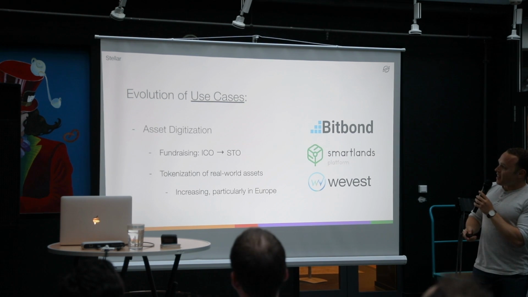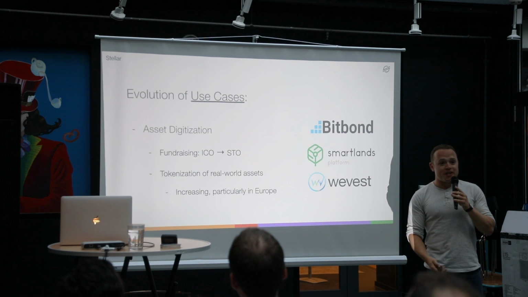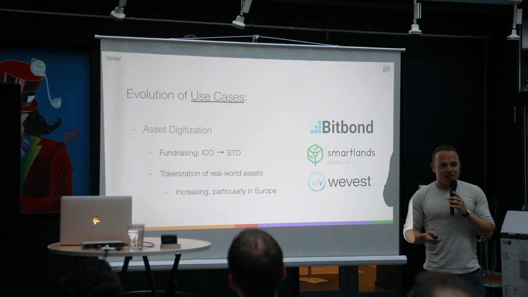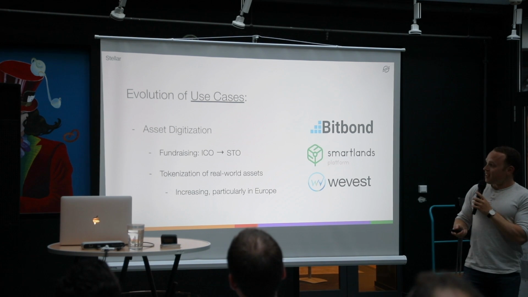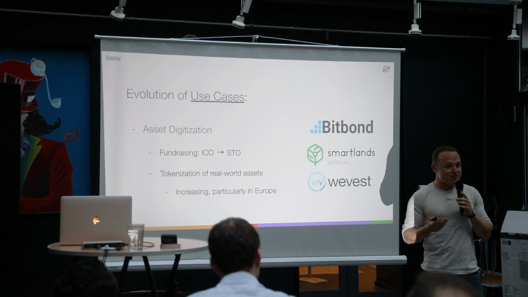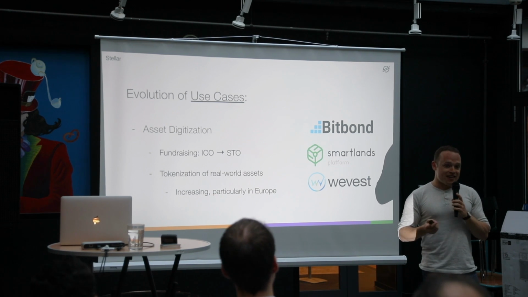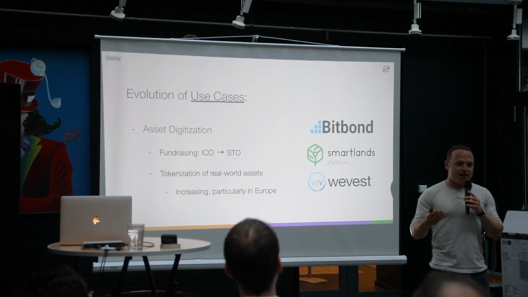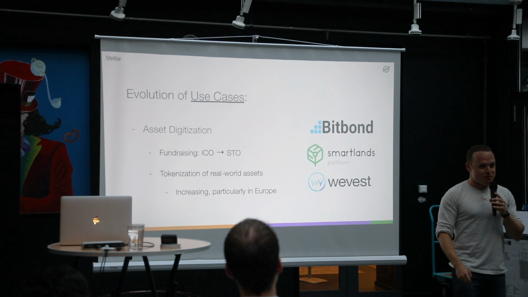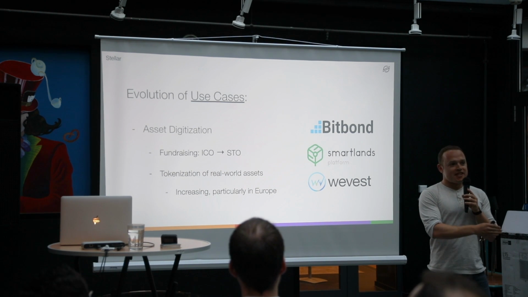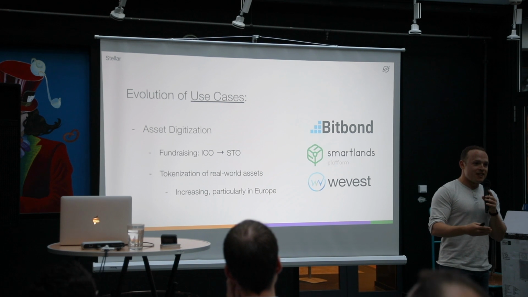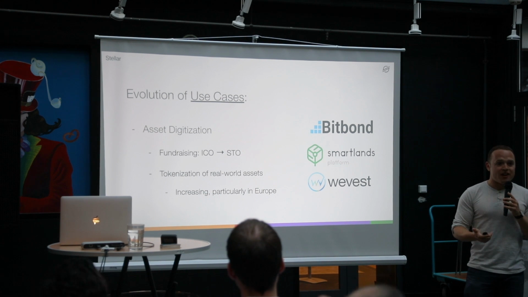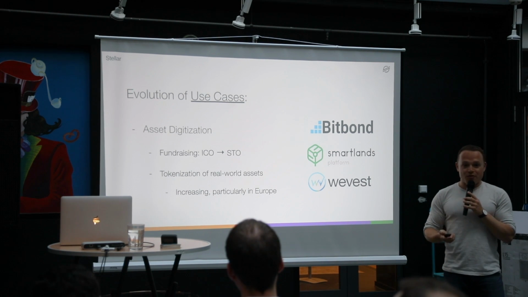So another use case that came up in 2018 and has evolved quite a bit is that of asset digitization. And this is a topic that a lot of people are interested in these days, and it started in 2017 with the rise of ICOs, which was interesting in a lot of different ways and hilarious in others. And what we saw is that regulation caught up, or reality, I should say, caught up with people. And so what happened was the ICO paradigm gradually and organically, I would say, shifted into the STO paradigm, or representing real-world value in a regulated way with tokens.